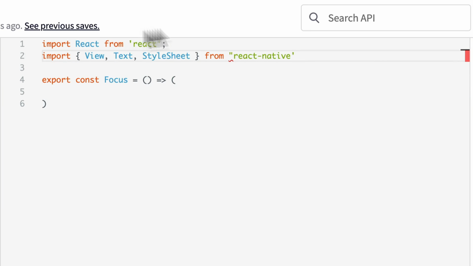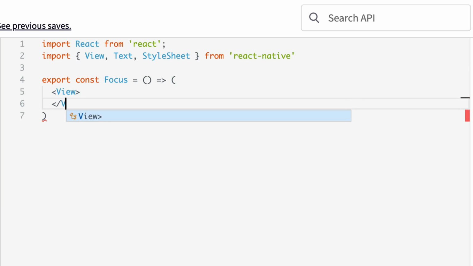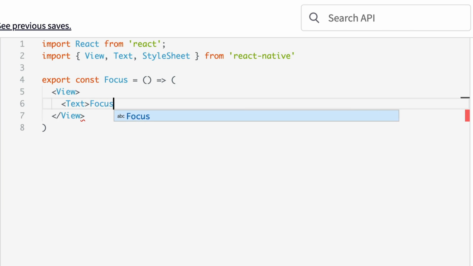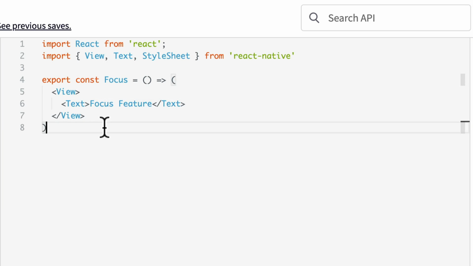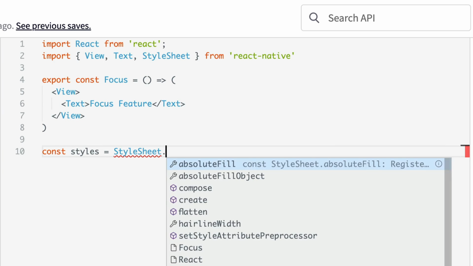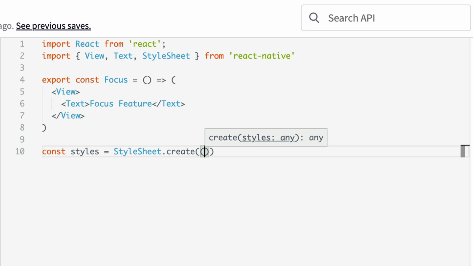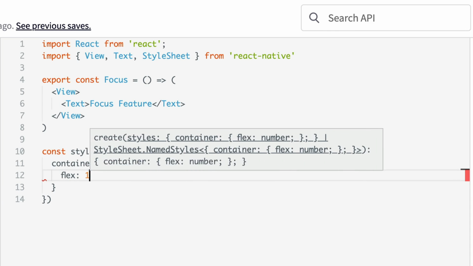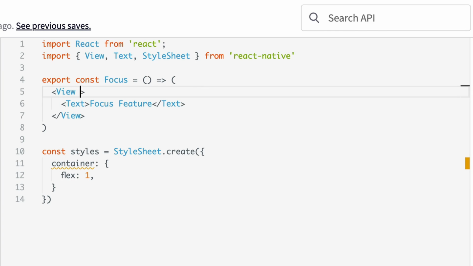Let me just switch these to single quotes. Now with that, we can create a view. And within that view, let's render some text. And that text is going to be focus feature. Now let's create a style sheet. So let's say const styles is equal to StyleSheet.create. And let's create a container, and let's say that container has flex 1. And the view of the focus feature is going to have the style of